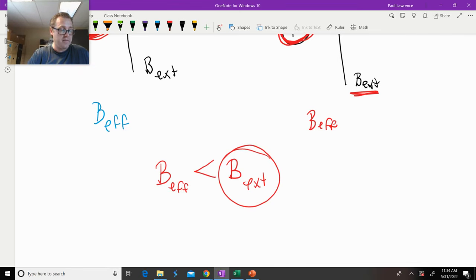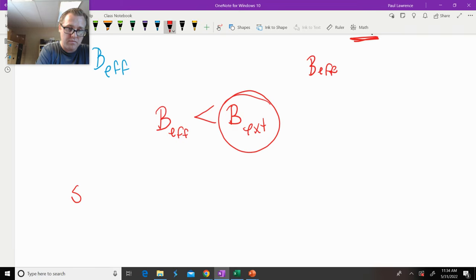There is a term here called shielding. Shielding is when there's electron density around the proton and it shields the proton from the external magnetic